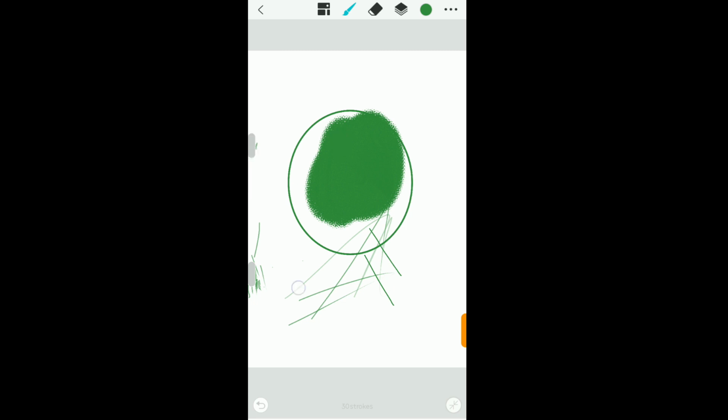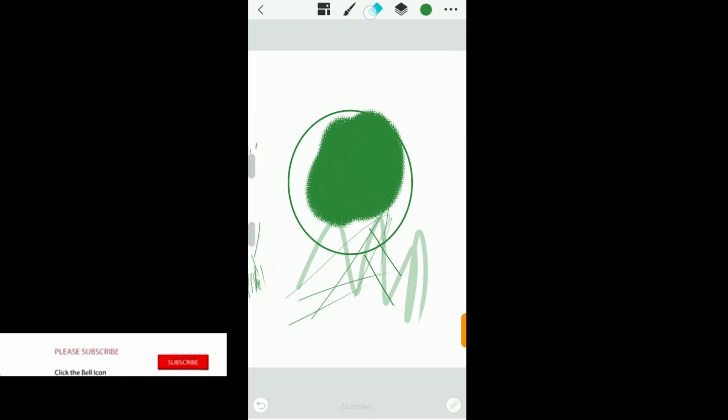You can see how it affected our opacity.